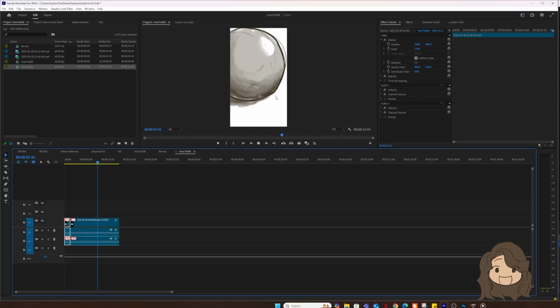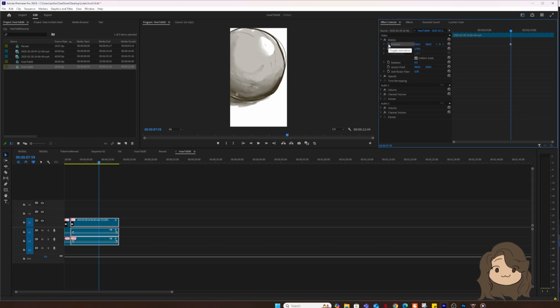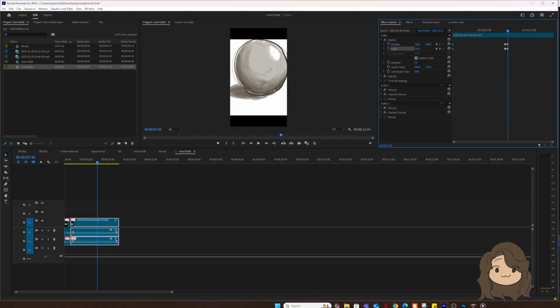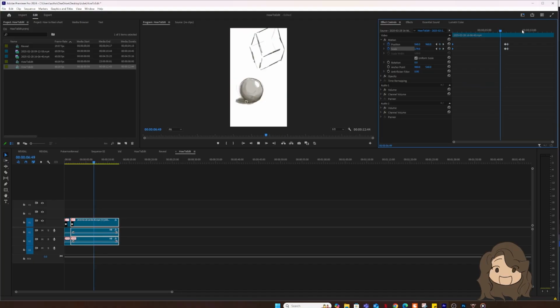Make sure that this is still good. Sometimes you zoom in as an artist and it's not quite in frame, so you'll have to move it around. Let's say I wanted this one to be a little bit more in frame. So I'm going to turn on position and scale. That's going to be the starting point. And right about here, I want the position to move over and scale out. So now you go through it, press play,